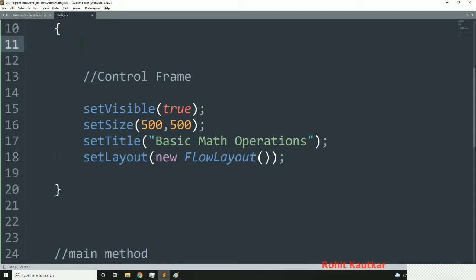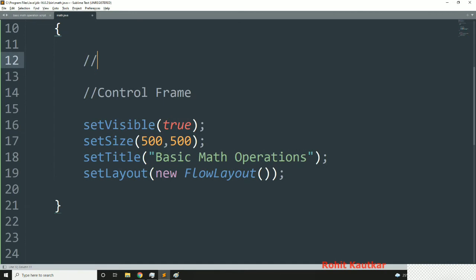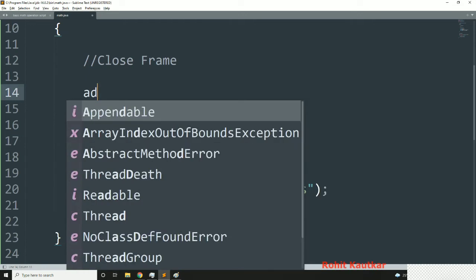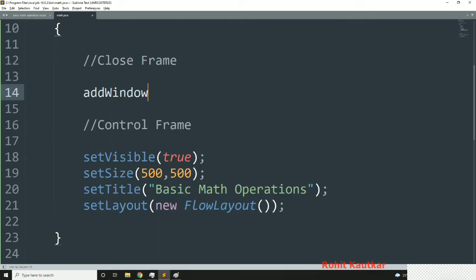Okay, and now by default we know the AWT frame's close button is not working, so we will add code for closing the frame. Okay, so to close our frame, first of all we have to add the window listener to our frame. So I will use the add window listener method. Okay, and this method requires the object of the window adapter class like this.